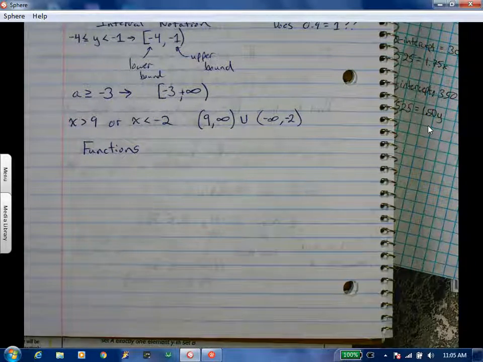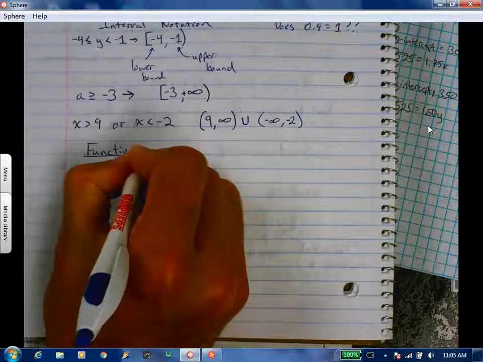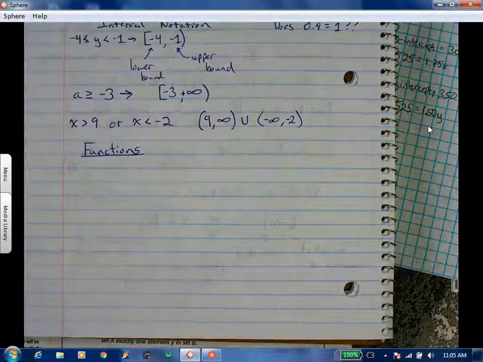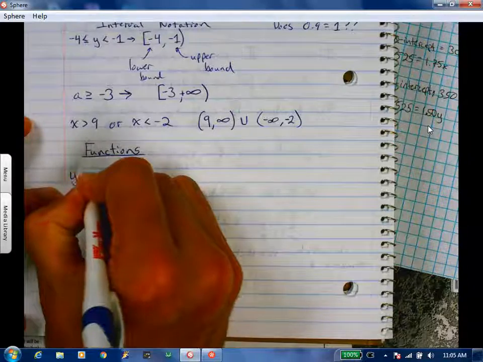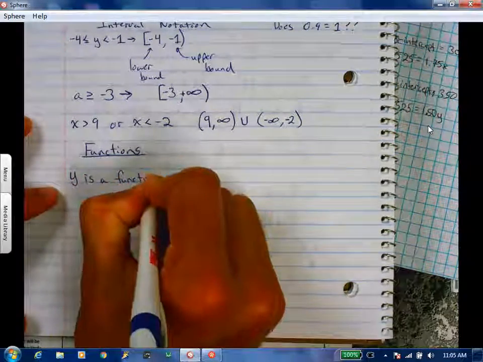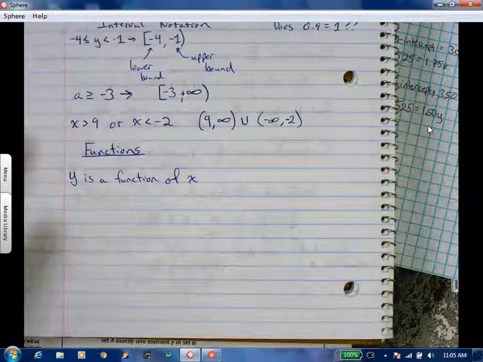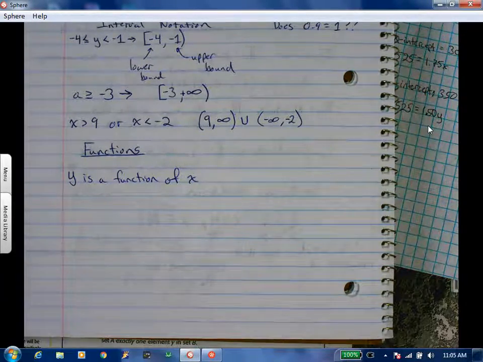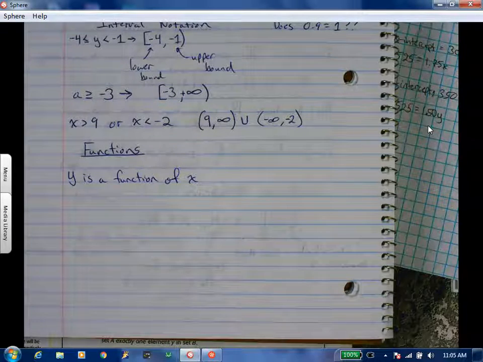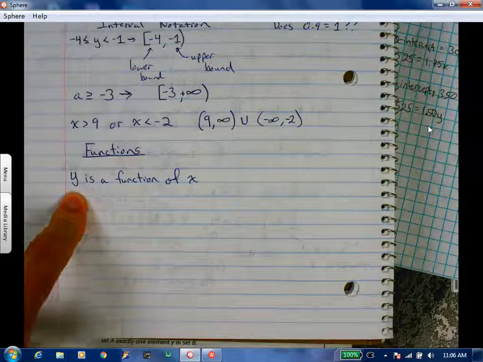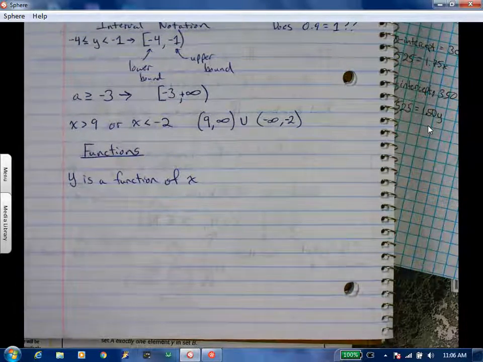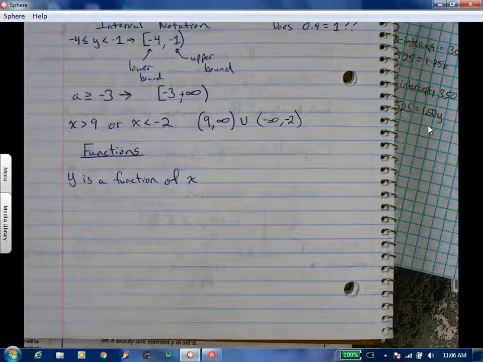Okay, functions. This wording right here. Y is a function of x. That used to always get me. Which way does it have to go? Y is a function of x. That means x is the one that you're working with. So if it says y is a function of x, it would be something like slope-intercept form. So y equals everything else. If it said x is a function of y, then they just switch around. X equals whatever. Okay? But normally we see y is a function of x